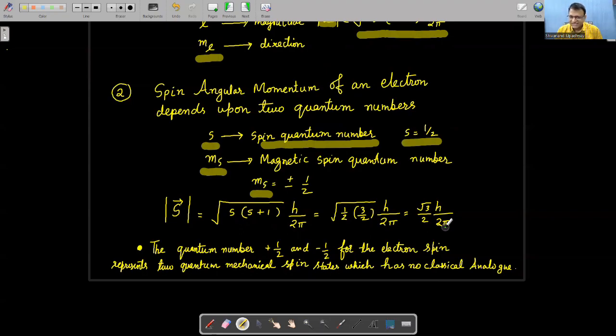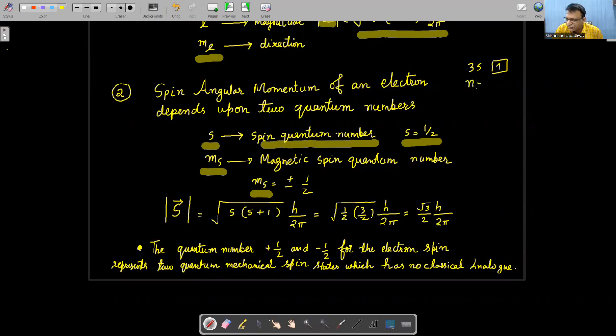In JEE Advanced there was a question, and this question is very common. I think in Mains also they have asked this point. The quantum number plus half and minus half for the electron spin represents the two quantum mechanical spin states which have no classical analog. Generally, when we are discussing spin quantum number, like if there is an electron in 3s, and we want to write all the quantum numbers,